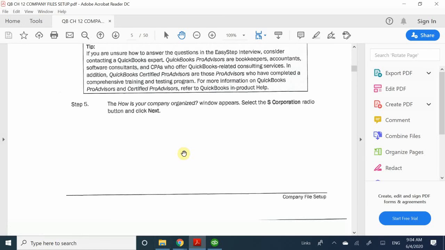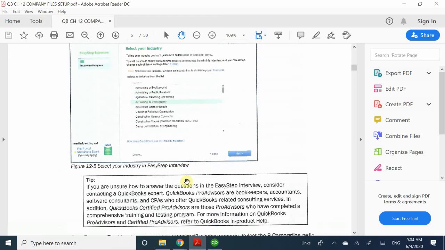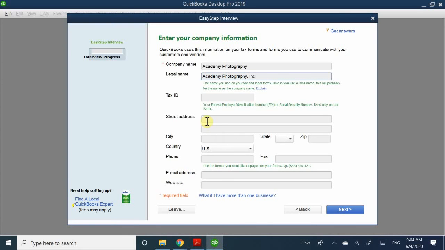Okay, all right, so we're going to go back. Here we're creating our company profile. Your company name could be anything that you want to name it. It could even be Bob's business. Remember, this is just to name your company, the name that you want to give the actual file. But when we're moving into legal, it has to be whatever you've submitted to the state or county for